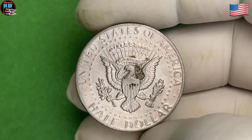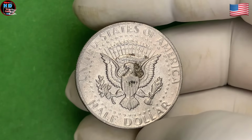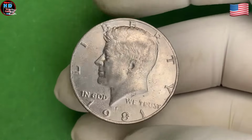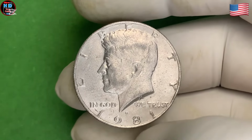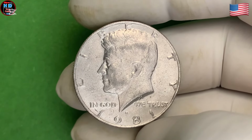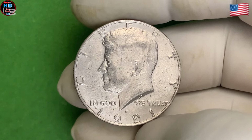That's right, $85,000. This rare sale shows just how much certain Kennedy half-dollars from 1981 can be worth, especially when they are in exceptional condition or are part of a highly sought-after variety. This incredible sum is a testament to the power of rarity and the importance of maintaining coins in the best